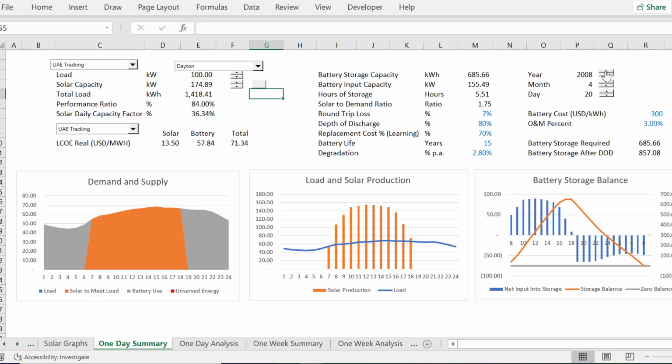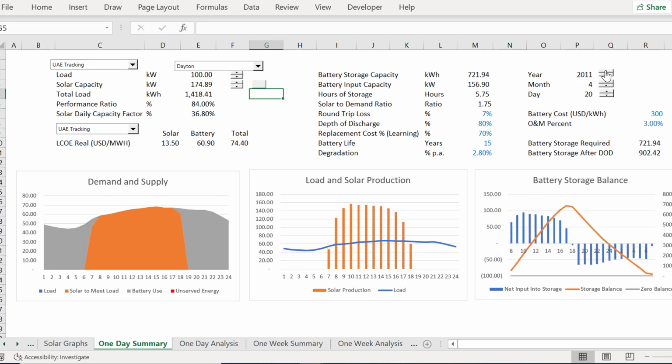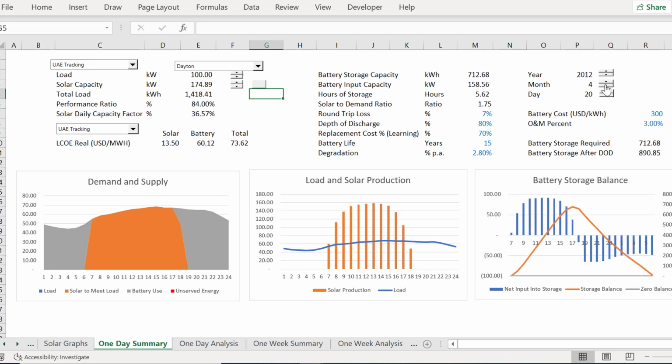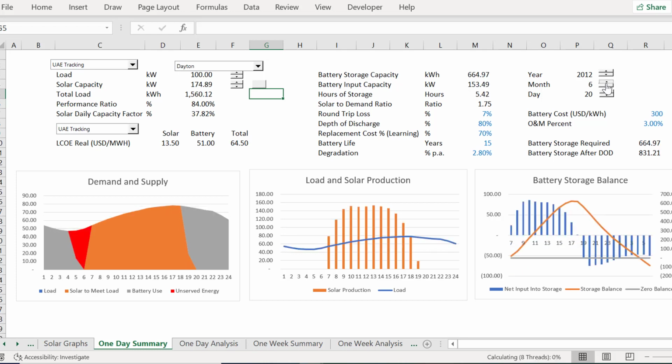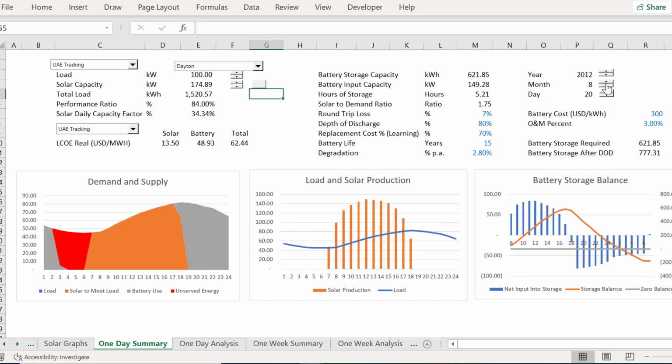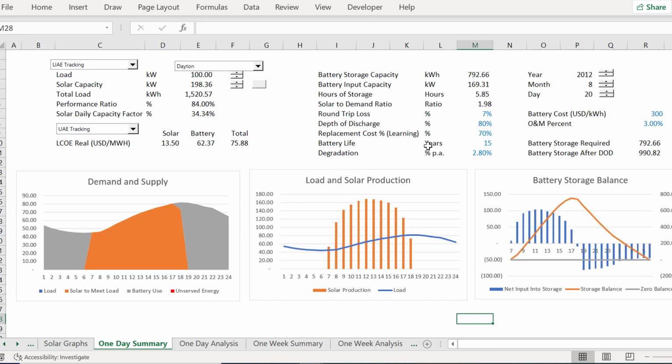Let's look at this, the solar capacity for different years. And let's look at a summer month. I think it's really hot in August. Okay, and in that case, for some reason, we have some unserved energy. So we have to put more solar in to meet this load, or less, or something like that. We have to put it in a different time. And I click on the goal seek. We're going to show you how to do that, remember? And you get it here.